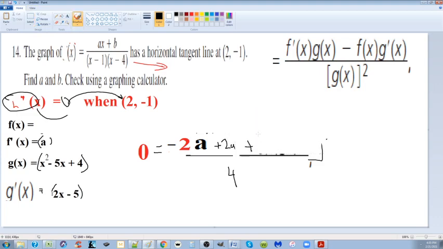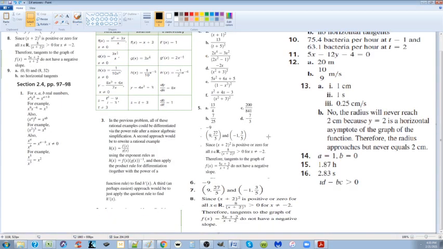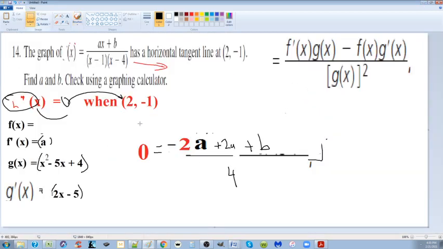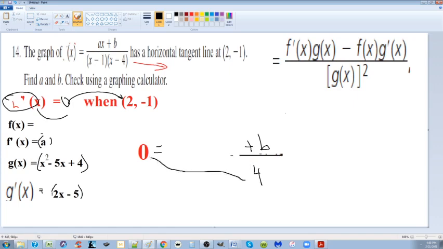Huh. Interesting. I don't know if that's accurate. I don't know if I might have done something wrong there. No, I didn't. So, notice this minus 2a plus this 2a. I get b over 4 is equal to 0, which means I can solve for b. Great. I can solve for b, and that means b is equal to 0. Boom. Now, I could go back and solve the whole thing